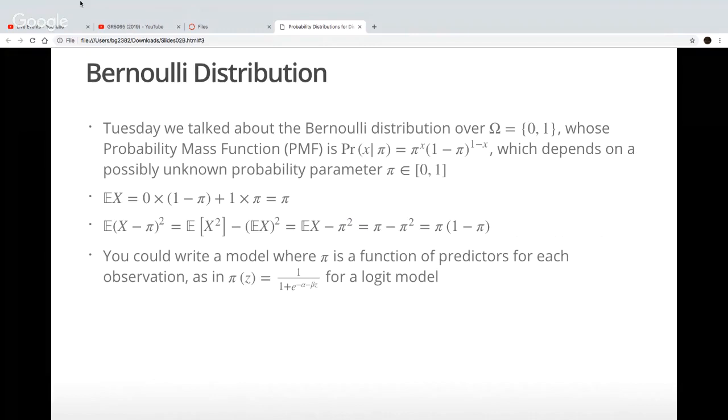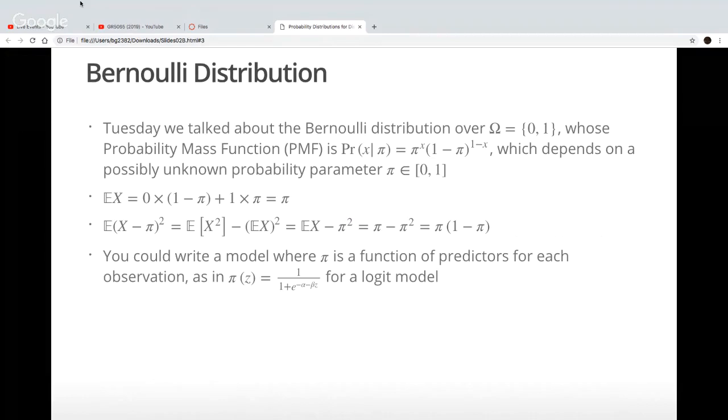The probability mass function for the Bernoulli distribution is given by pi raised to the power of x multiplied by 1 minus pi raised to the power 1 minus x, where again, x can only take two values, 0